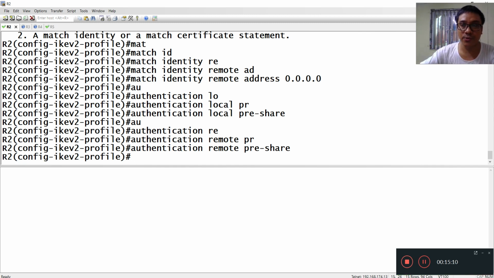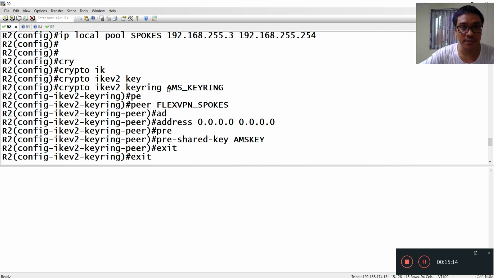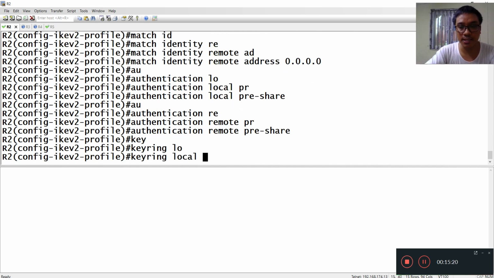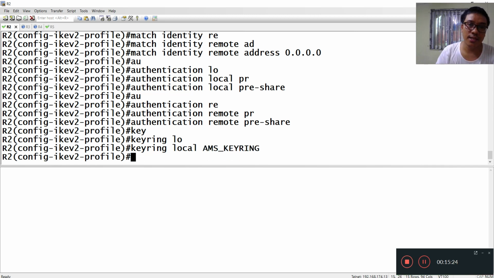The keyring name is AWS_KEYRING. Keyring local AWS_KEYRING. And you need to define the AAA authorization group and AAA authorization network.